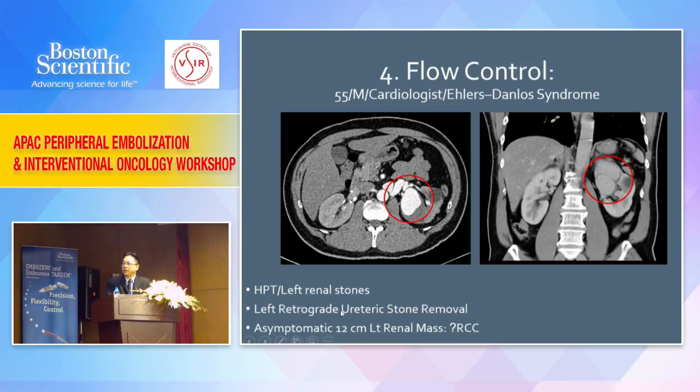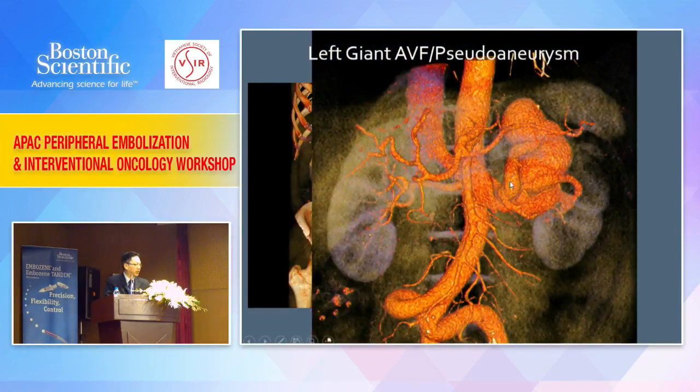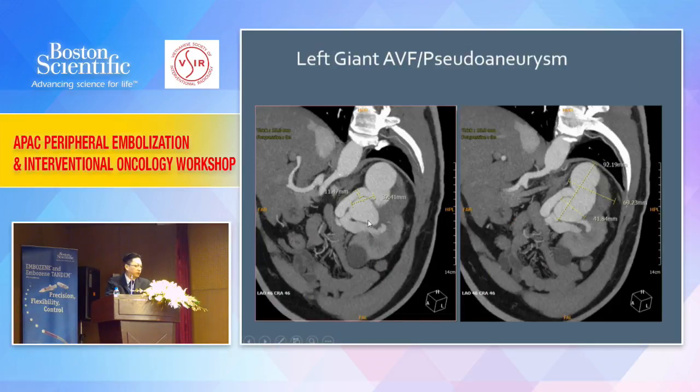This patient, a 55-year-old cardiologist with Ehlers-Danlos syndrome, had a renal stone removed nine months earlier, but the sheath and guidewire caused a perforation. After nine months, he came down with such an extensive AVM, a huge AV fistula. He was actually told he had a 9 centimeter kidney cancer and to prepare for surgical nephrectomy. At the last minute he came for a second opinion, and we realized that it was actually a huge AV fistula